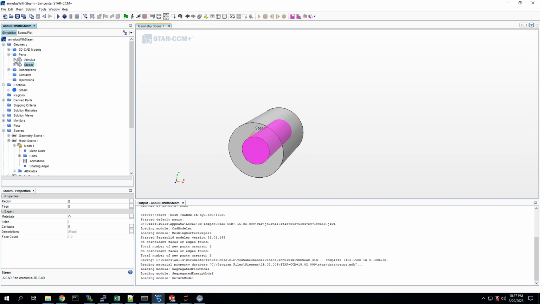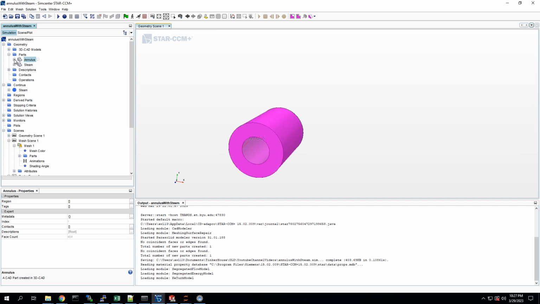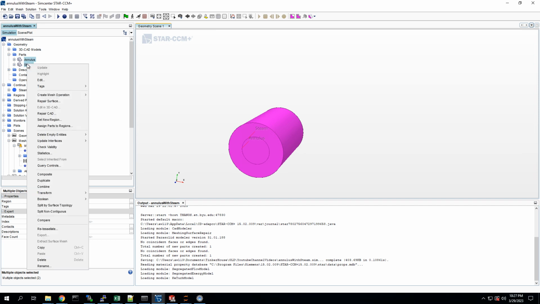Alright, so as you can see, split by patch has already been done. It's a very important step because the different surfaces are going to have different physics. So the first thing we need to do is create contacts between these two parts. So we're going to select the two